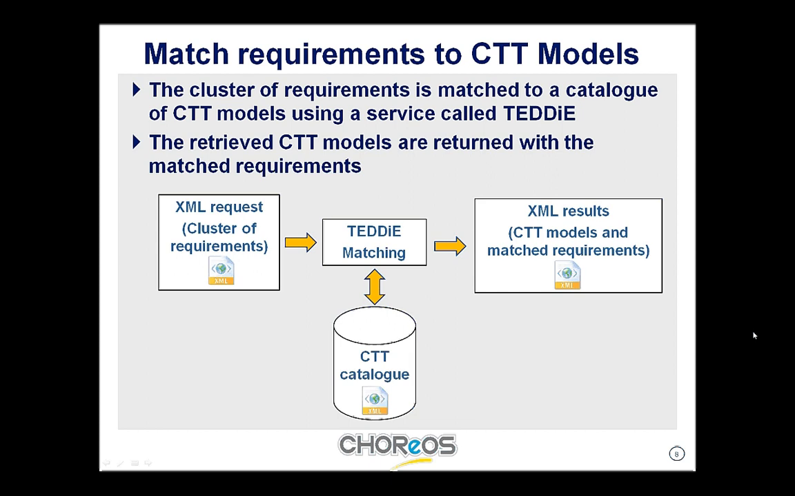Within the CTT models, each user task is specified with natural language descriptions of the task in context and the user goal achieved by completing the task. These descriptions facilitate the matching between the CTT models and the requirements. Finally, TEDDIE produces an XML results file containing the retrieved CTT models and the requirements that made the successful matches